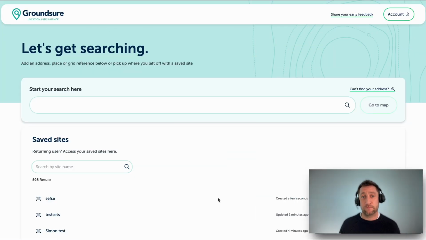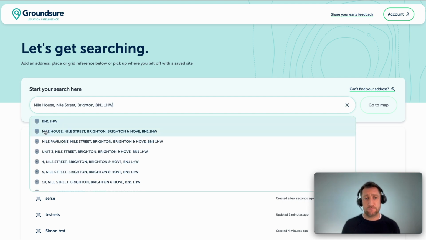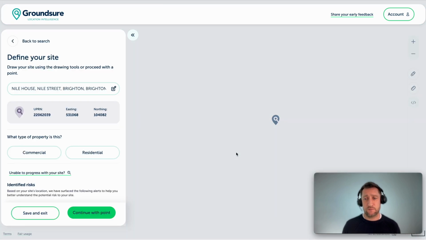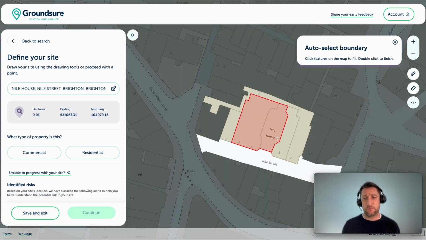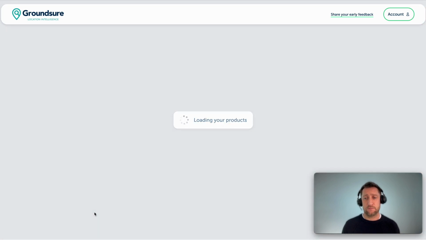Let's get into it. I wanted to start by showing quite how quick and easy the Groundsure Searches ordering platform is to use. So we'll just run through a very simple order. Homepage, enter your address, select the appropriate search results, continue to map, double click on the map to define your site, select commercial residential, proceed to product selection,